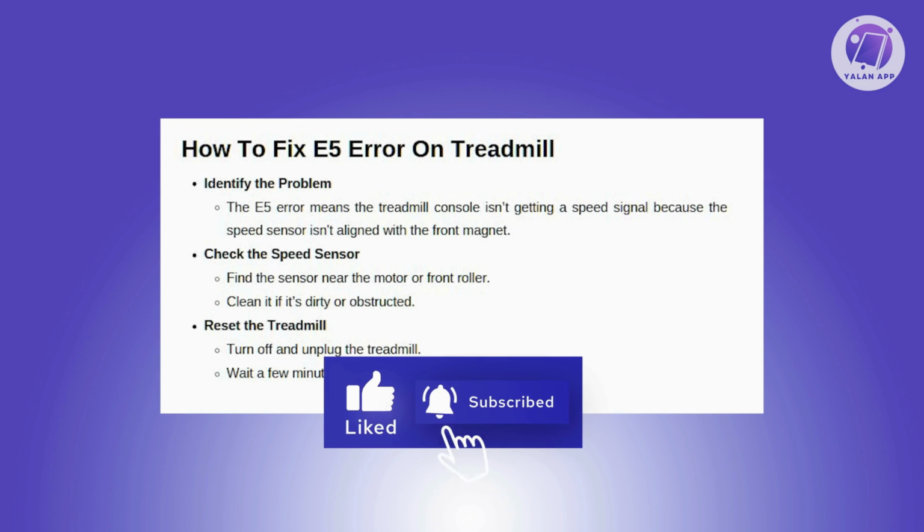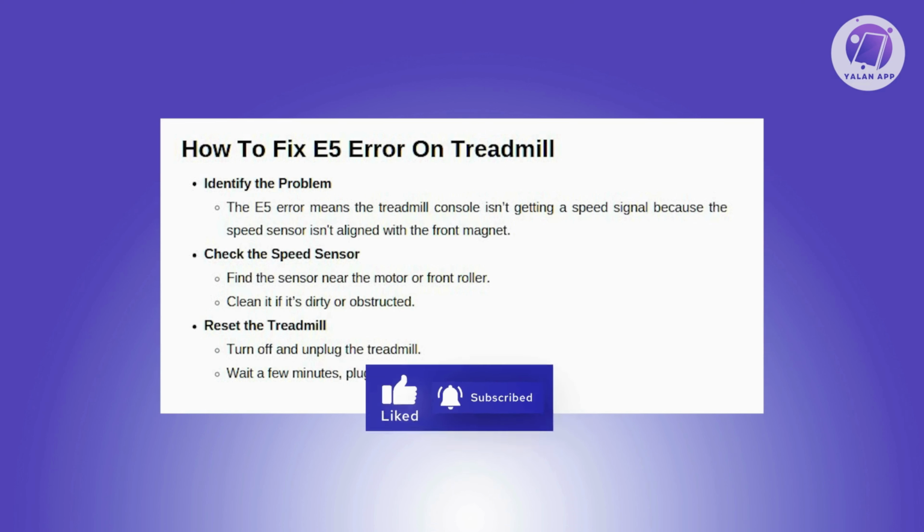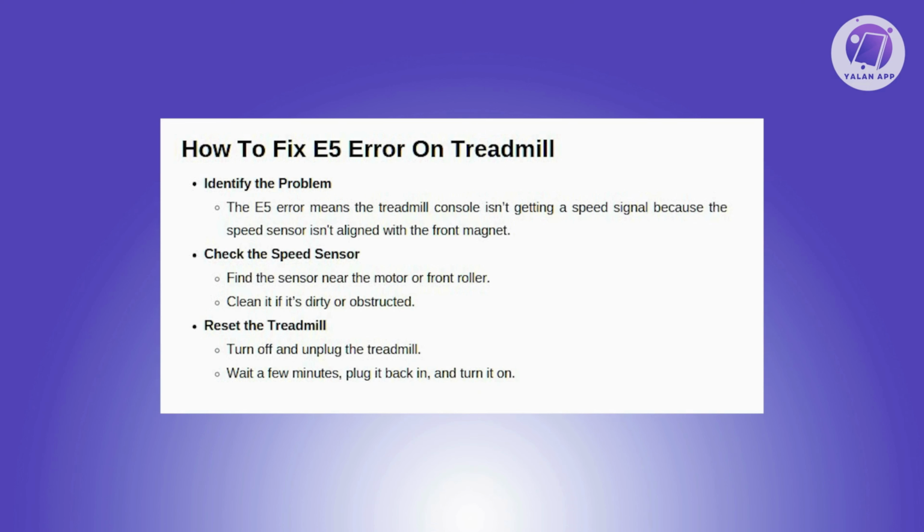Next, you want to reset the treadmill. Turn off and unplug: switch off the treadmill and unplug it from the power source. Now, wait for a few minutes, then plug the treadmill back in and turn it on to see if the